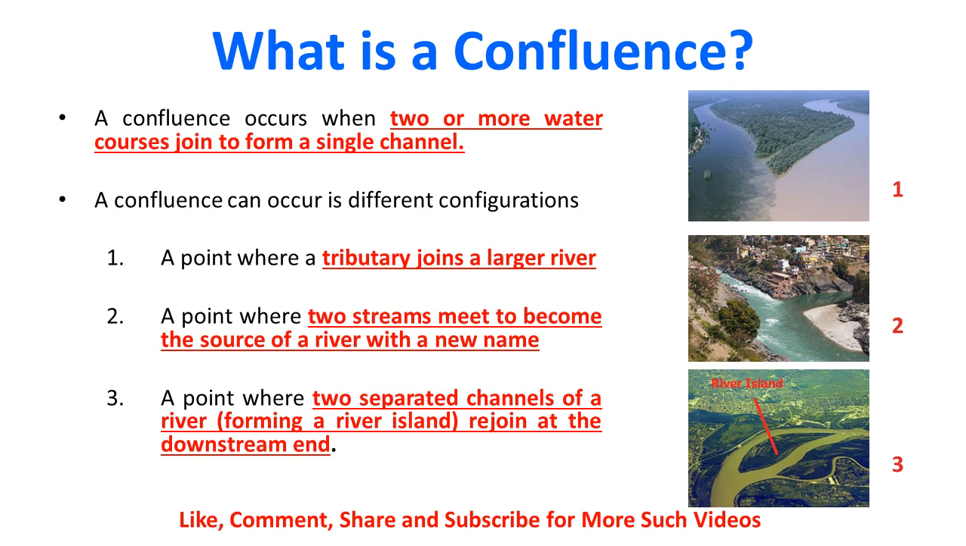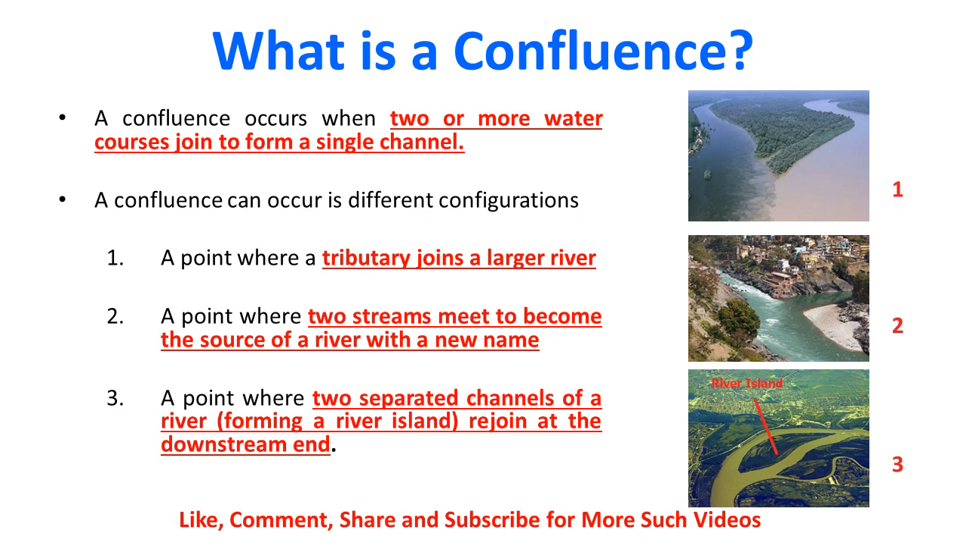The second kind of configuration is a point where two streams meet to become the source of a river with a new name. There are two different streams meeting together and they form a river which has a new name. We discussed this yesterday. Alaknanda and Bhagirathi are two different streams, head streams we call them, not tributaries, right? They meet together and form a river called